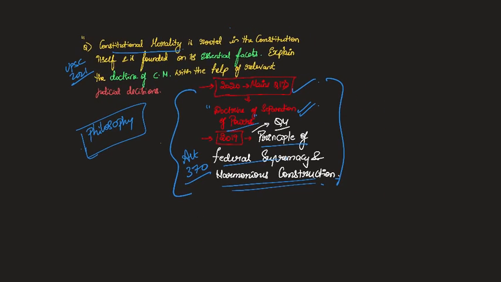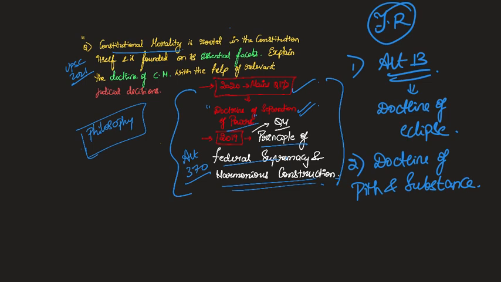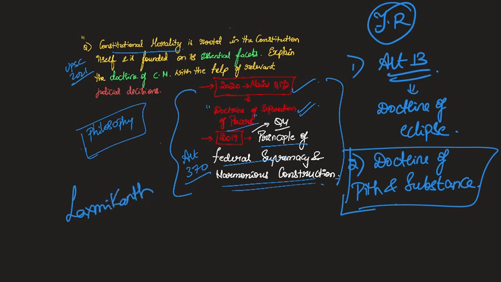But whenever you are preparing the fundamental rights chapter, let's say for example you are having a discussion on Article 13, then a discussion on the doctrine of eclipse becomes very essential. Similarly, when you are discussing separation of powers and federalism, the doctrine of pith and substance also becomes important. So the fact that Lakshmikant alone might not exactly help you to address these questions is very pertinent.